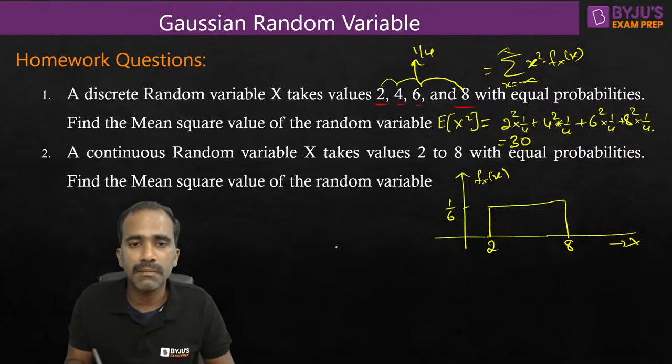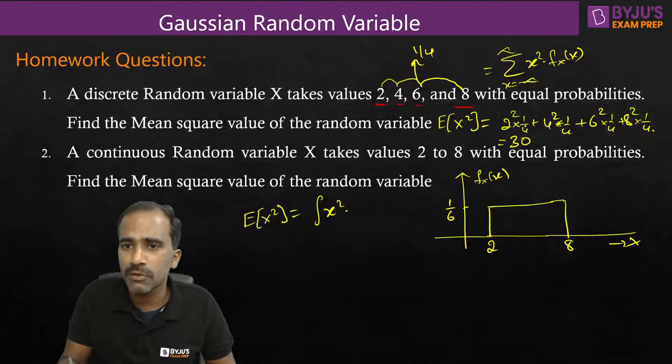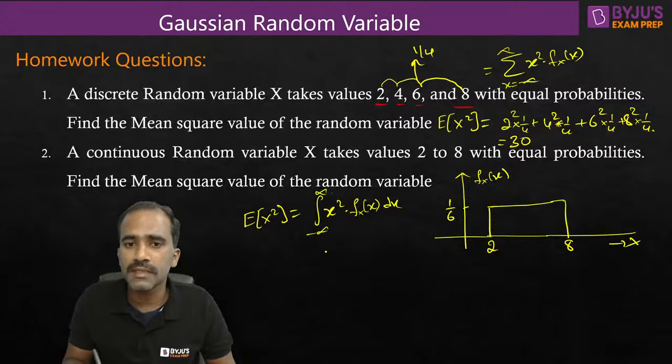Now they're asking us to find the mean square value. So to find the mean square value, expectation of x square is equal to, since it is a continuous PDF, the formula turns out to be x square you want to average. When you want to average, what should we do? You have to multiply them with corresponding probabilities and then just add them up. Because it is a continuous random variable, summation will not work out, so we have to do integration. For a discrete random variable, it is summation. For a continuous random variable, it is integration.